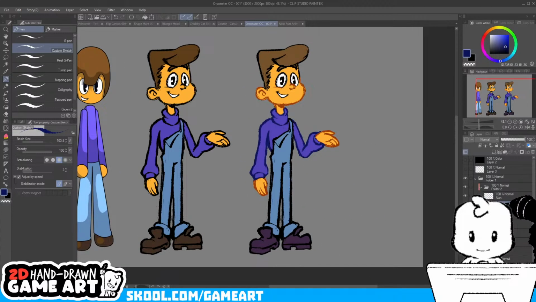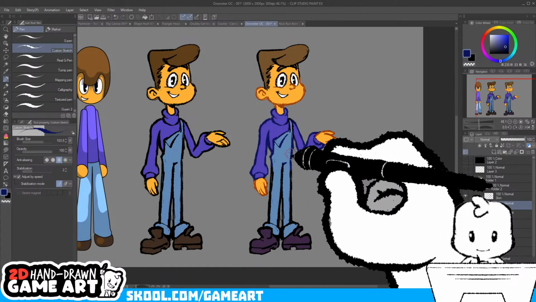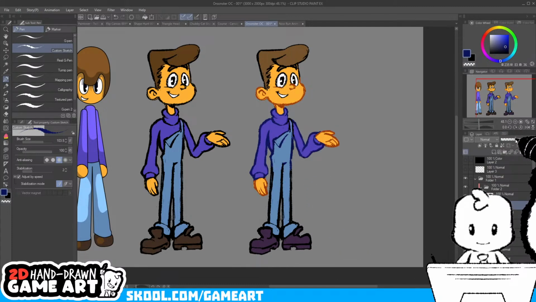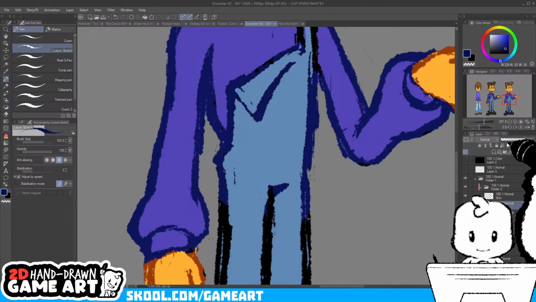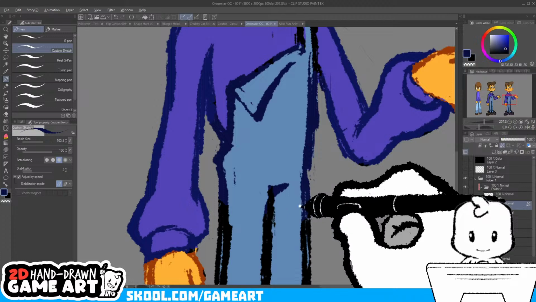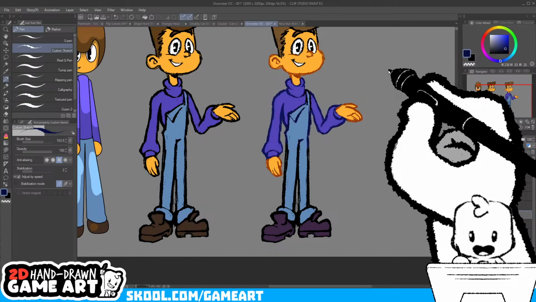Let's see. How does this look on the overalls? Not too bad, actually. Get a little bit darker. Overalls.